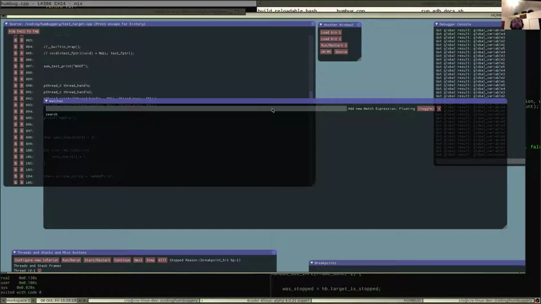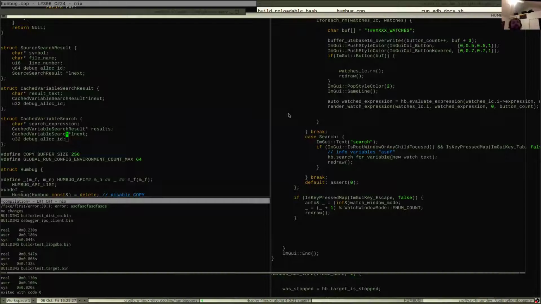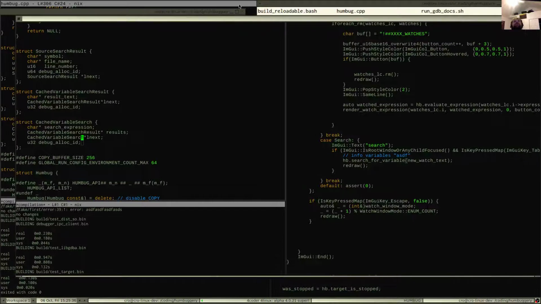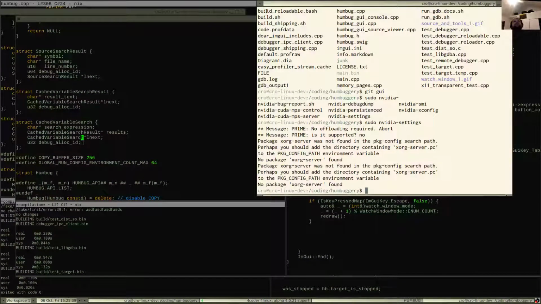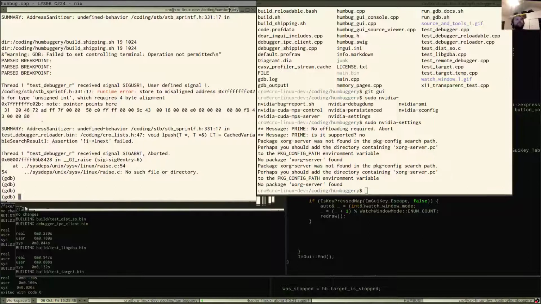So, okay, for debug purposes, I'm going to dump the cache. Whoa, crap. Did we crash? Holy crap, we crashed, guys.